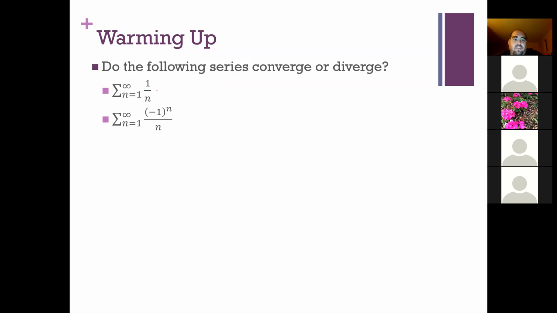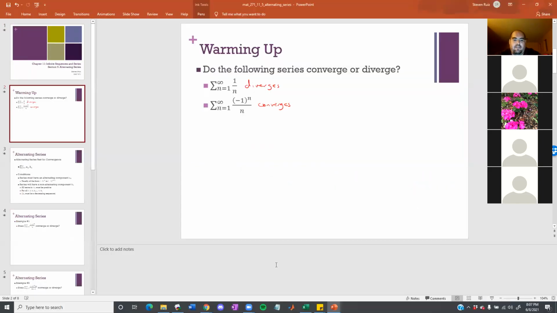Converge or diverge? Sorry, yeah, the top one diverges. And the one on the bottom there, I don't know if we've talked about it much, but what do we think about this bottom one? Converges. Yeah, and I used that as an example when I was going over the solutions to the most recent quiz, but yes, that bottom one converges. So let me share something else.